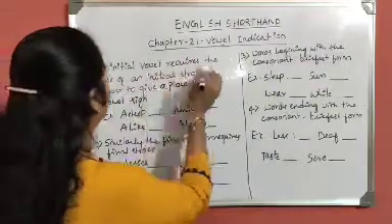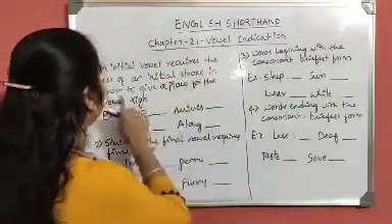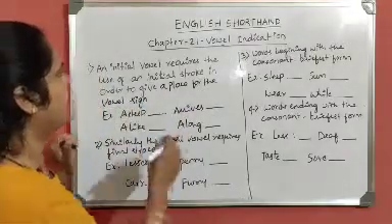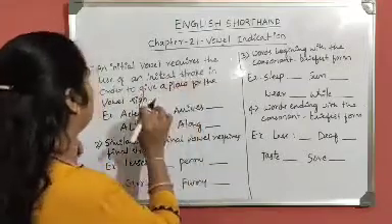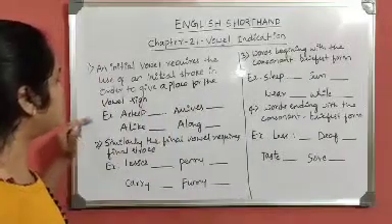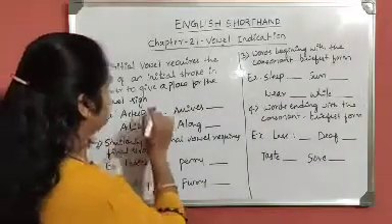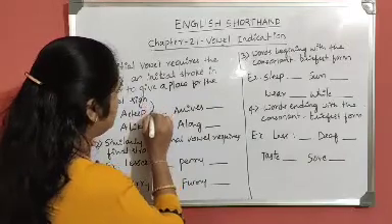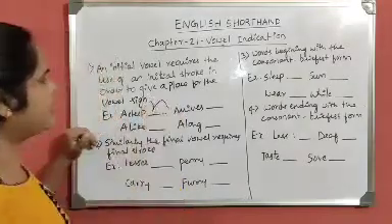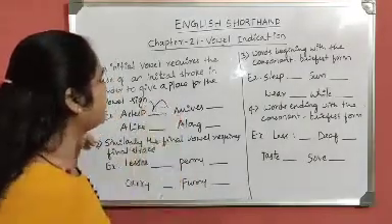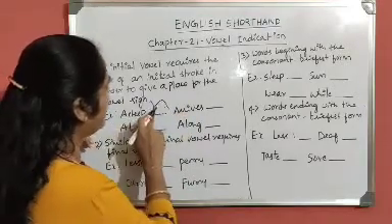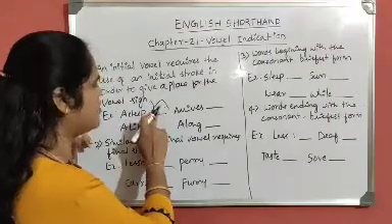An initial oval requires the use of an initial stroke so that we can give a place for marking the oval sign. Examples are asleep: S curve, L, P. Here we are not using circle S because the S is preceded by an oval, hence I am using the stroke instead of the circle.